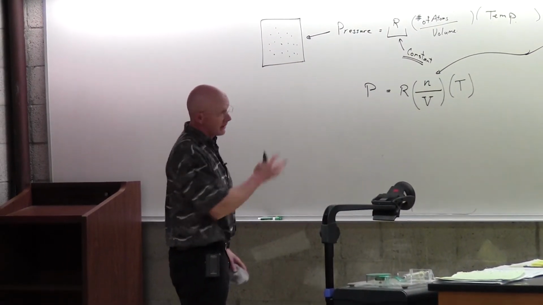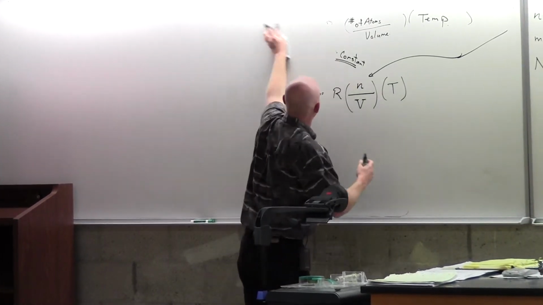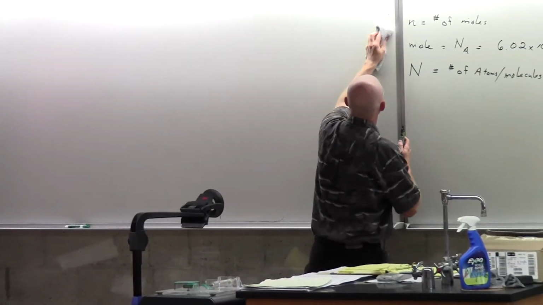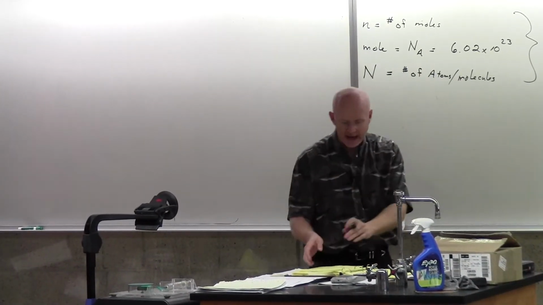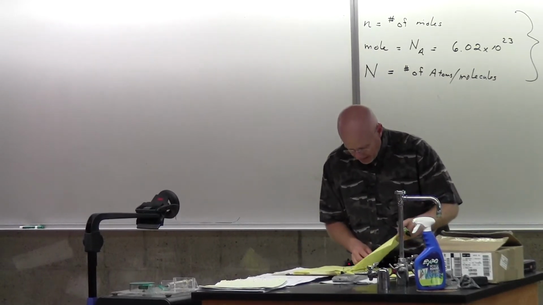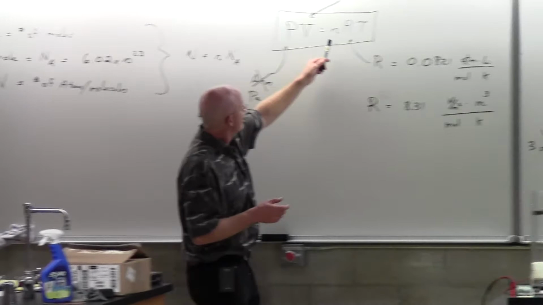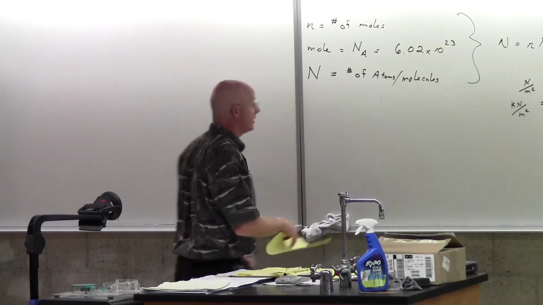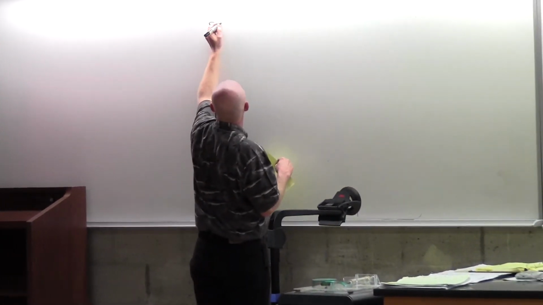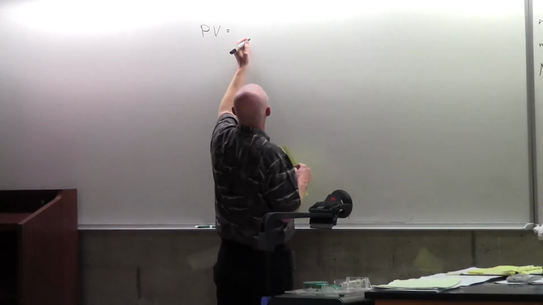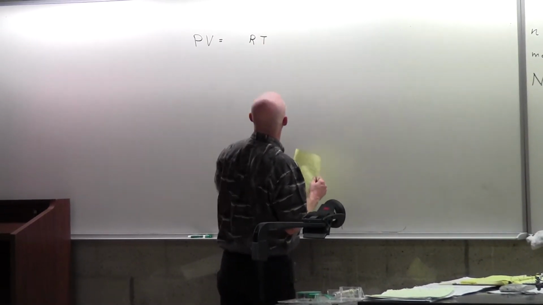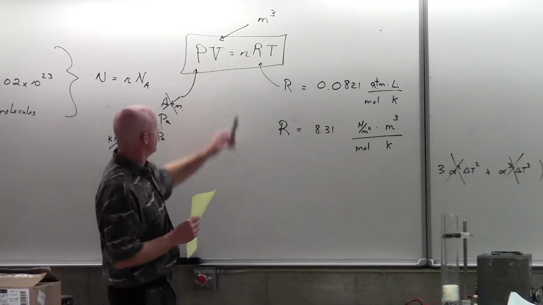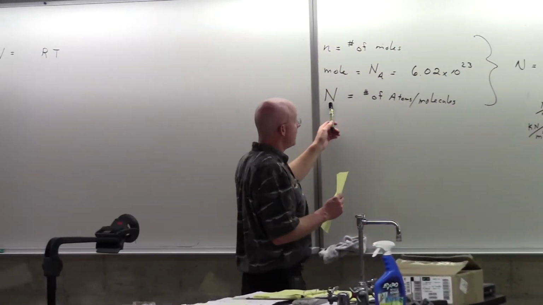Oh, let me keep going here, because we could write this slightly different, and we will eventually, not too much here at the beginning, but as you pointed out here, this N could be written in terms of how many molecules here. Let me do this. I could write this as PV equals, I'll just put the R and the T alone here for a moment. How could I get, say, the number of moles by knowing the number of atoms?